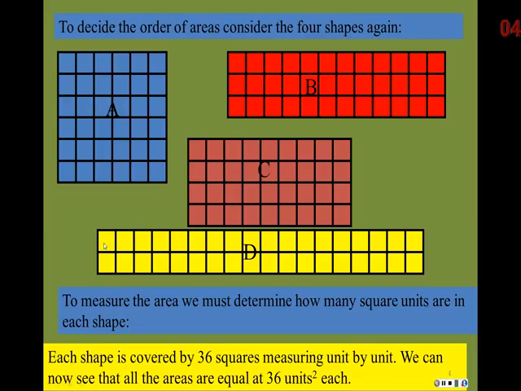And the last one is D. We have 2 rows times 1, 2, 3, 4, 5, 6, 7, 8, 9, 10, 11, 12, 13, 14, 15, 16, 17, 18. 18 times 2 is also 36. So all